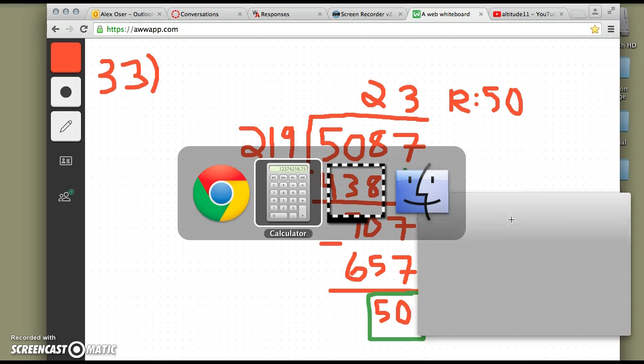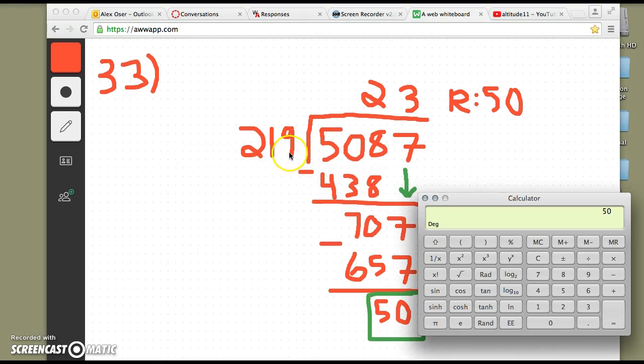Showing this mathematically, if we take 219 and multiply it by 23, and then we add an extra 50,